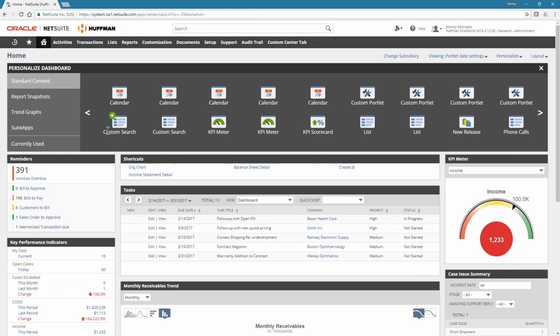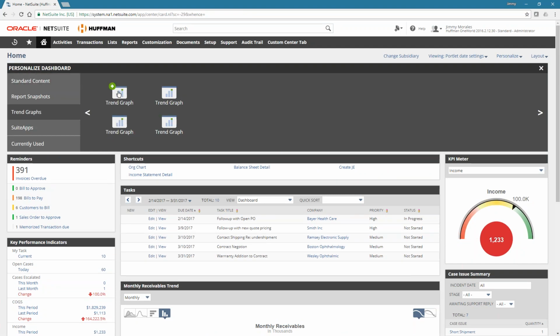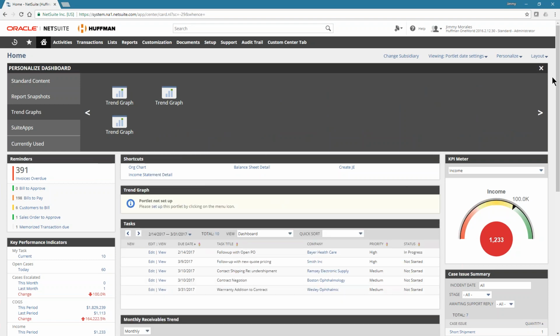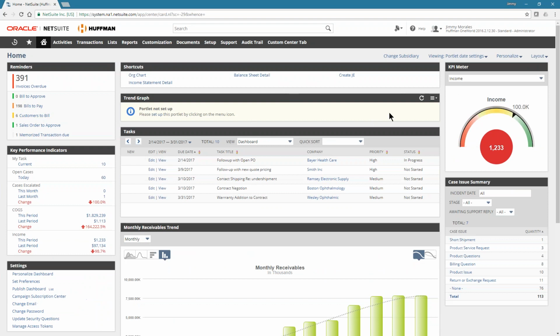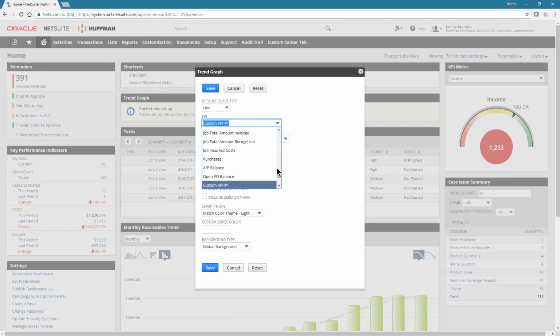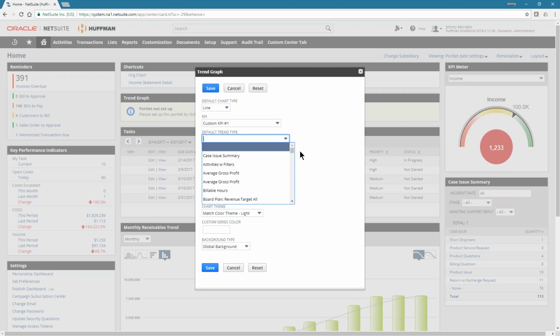So we're going to go over to personalize. We go to trend graph, and you can drag the portlet down into any area of your dashboard. The 3-bar menu button here will allow you to set up that trend graph. In this case, you have pre-existing trend graphs that you can choose. Our saved search won't appear here because this is a custom KPI. And from here, I should be able to see my wine